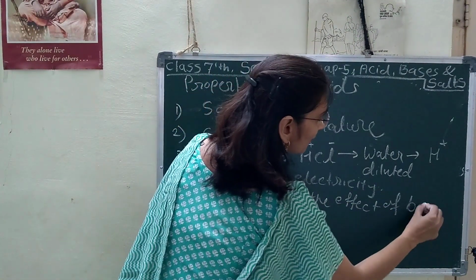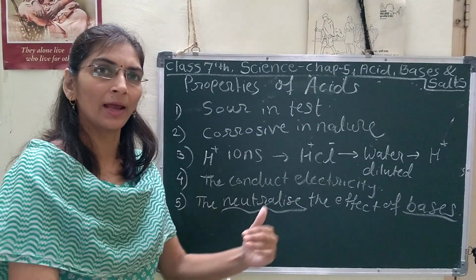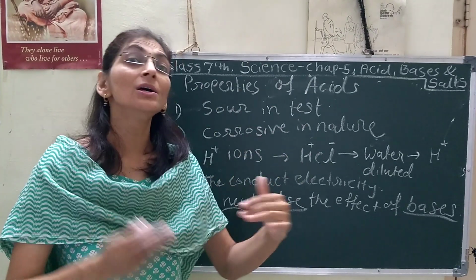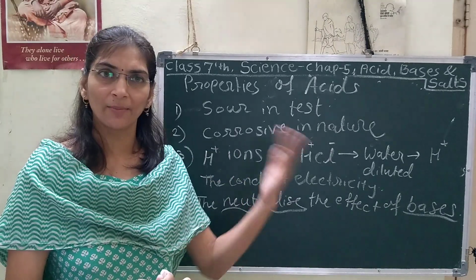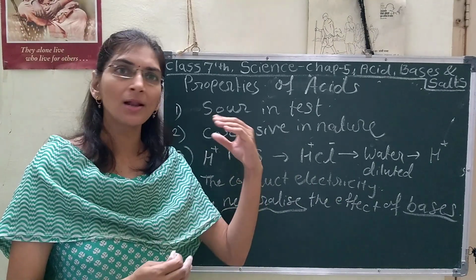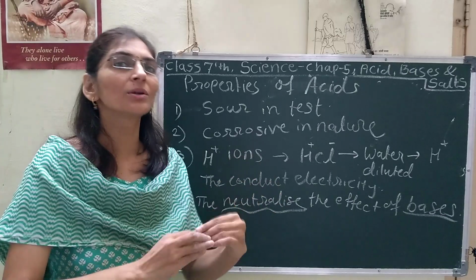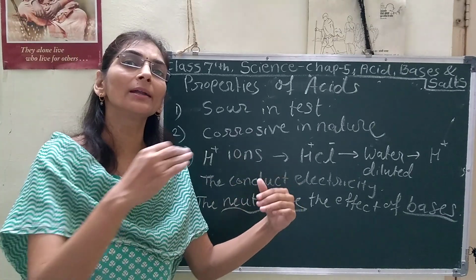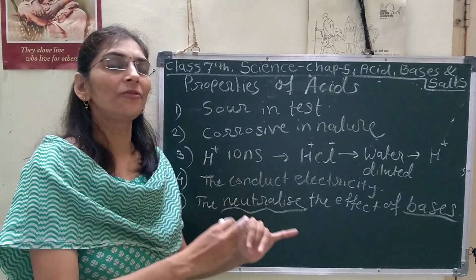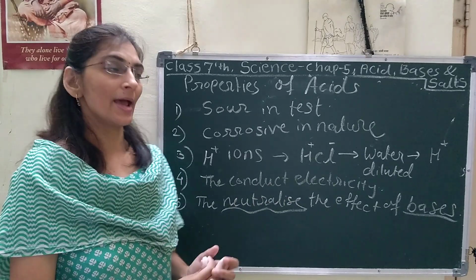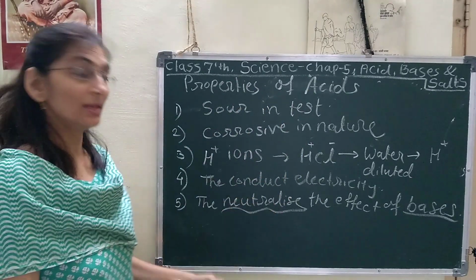The effect of bases means बेस ज्यादा जहां पर है वहां पर यदि एसिड हमने ऐड किया तो बेस का जो एक्सेस इफेक्ट है उसका न्यूट्रलाइजेशन होता है. मतलब वो कैंसल आउट होता है. जो ओरिजिनल एक्स्ट्रा बेसिक इफेक्ट है वो एसिड ऐड करने से न्यूट्रलाइज हो जाएगा. This cancellation of the effect is called neutralization reaction. We will discuss the different types of reaction in our further topic in this same chapter.